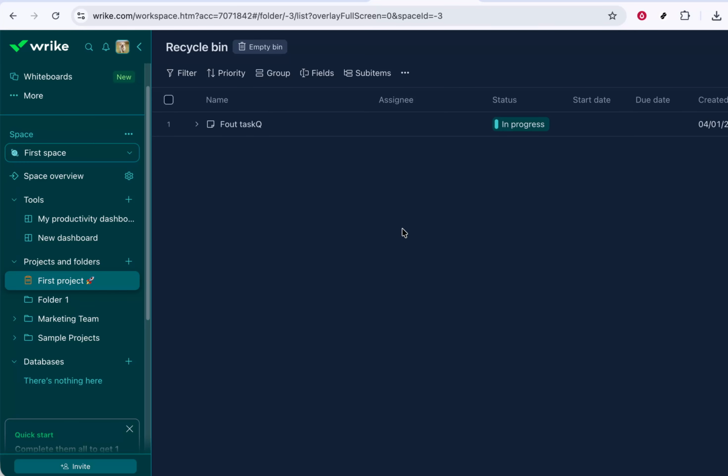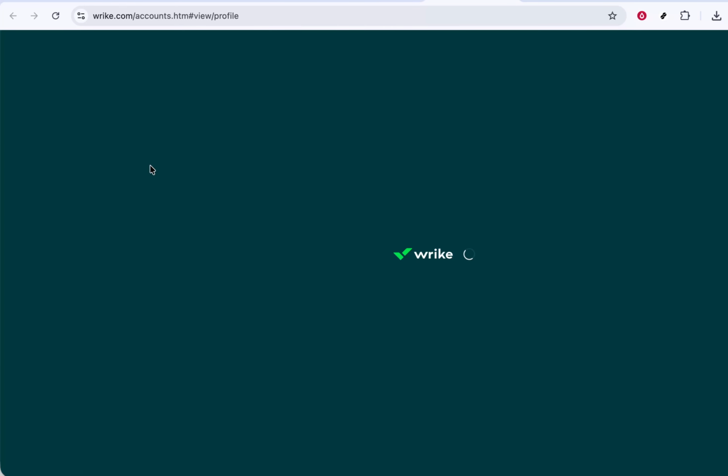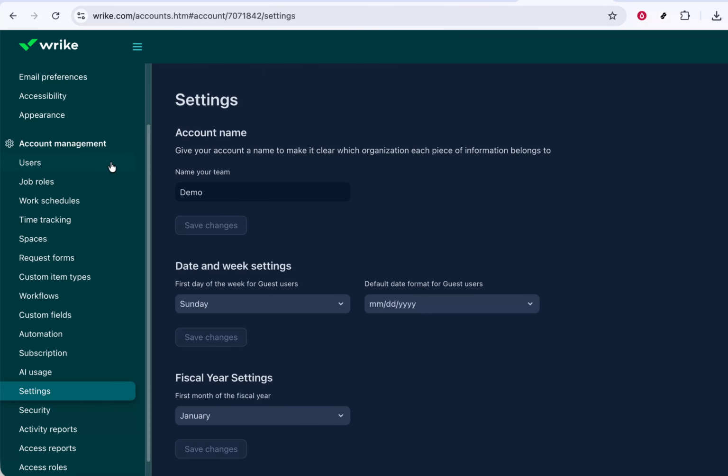After clicking Settings the first time, Wrike may bring you to your personal profile or general account section. From here, again look for a Settings or Account Settings option and click it. The goal is to reach the main account settings area where you can manage things like account details, billing, and of course your team or account name. It might feel like you are clicking settings twice, but that's simply Wrike moving you from personal settings into the